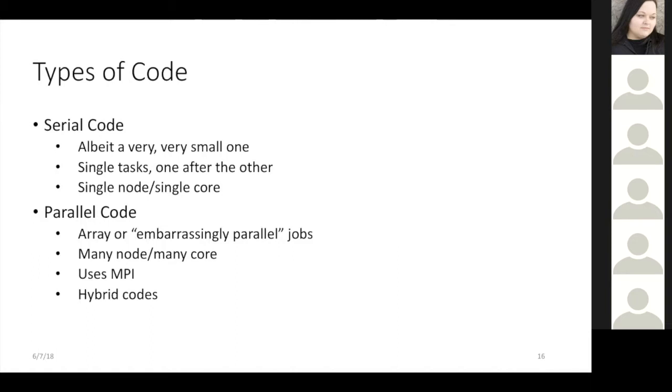And when you start this stacking, you can end up with a parallel code, either in terms of like an array job, or you can start using the MPI programming, which is a message passing interface, which allows each core on the node to manage a different task, but then they can still communicate with each other across cores and across other nodes. So most jobs will use more than a single node, and this allows you to acquire higher throughput. You'll also come across some hybrid codes that use both serial input as well as MPI tasks.